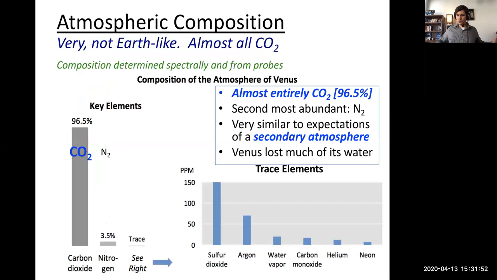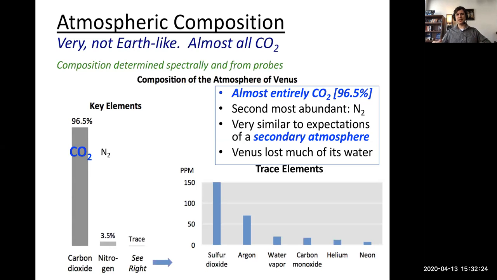So, crazy atmosphere. We know a little bit about its structure now. What is it made out of? So we can go ahead and take a look at its atmosphere, and I tried to put it in sort of a bar graph here, just to really accentuate that. For the thickest atmosphere, 93 times the mass of Earth's atmosphere, 96.5% of all the atmospheric gases, the most abundant atmospheric gas, is carbon dioxide. So almost all of Venus's atmosphere is carbon dioxide gas.